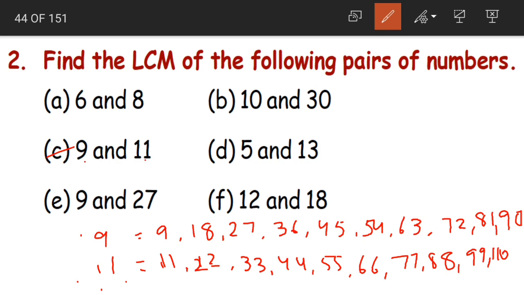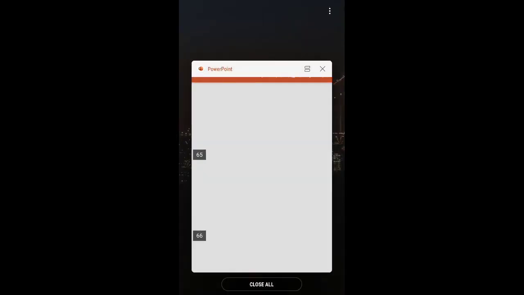Now we have written down both the first 10 multiples of 9 and 11, yet we did not find any common multiple among them. Yes or no? So does that mean that 9 and 11 do not have any common multiples? No, they have, but you have to search further, children. What do we...